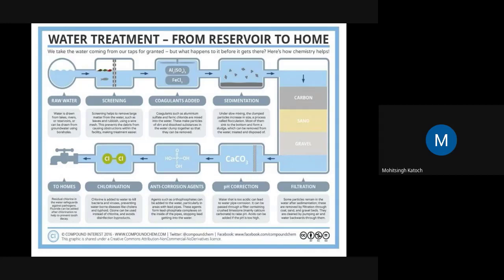So breakpoint chlorination is a very important parameter to identify the optimum dose of chlorine. How much chlorine is required in a particular type of water, we can analyze in our laboratories, and we will add only that required amount of chlorine. That point is known as breakpoint chlorination, which is the highest amount of chlorine required to kill all the bacteria present in the water. So keep this in mind.